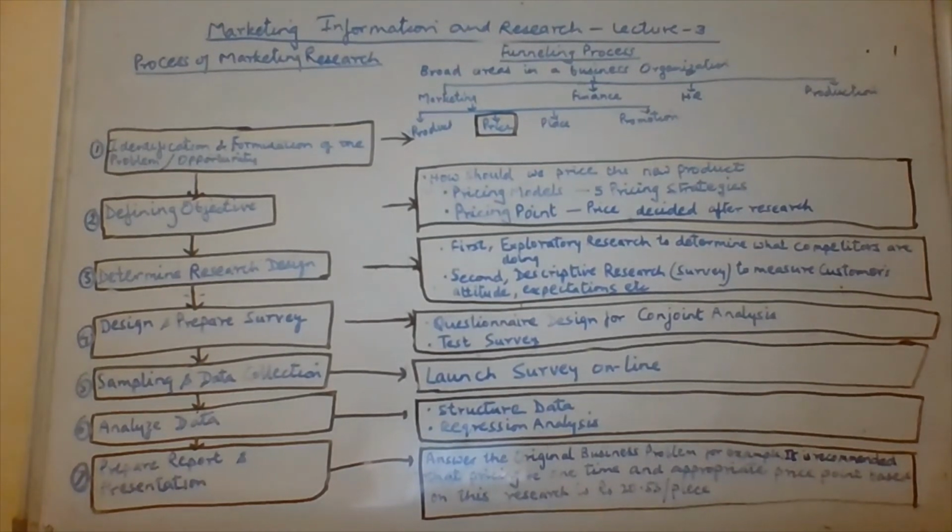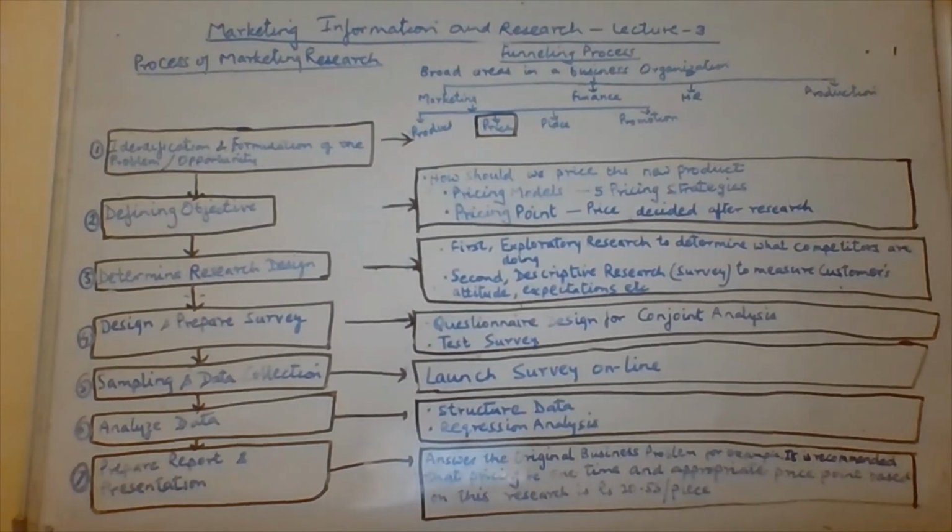Now, these are what we call, in management terms, the attributes related with the product. After designing the questionnaire, for the test survey, we go for a pilot survey. In the pilot survey, we test whether the questionnaire is able to gather the intended data from the respondents. If the pilot survey is successful, then we go for the mass, or the intended sample we decide upon.